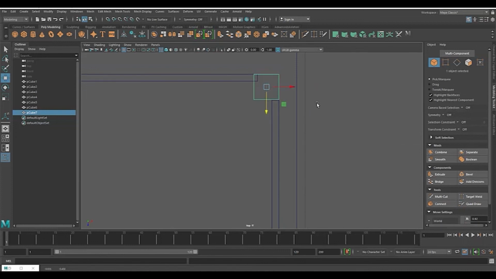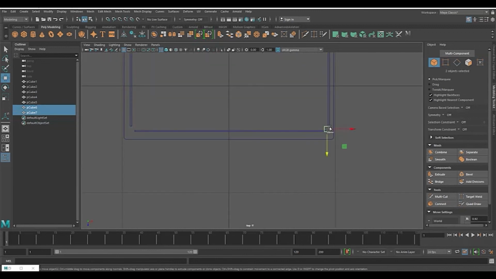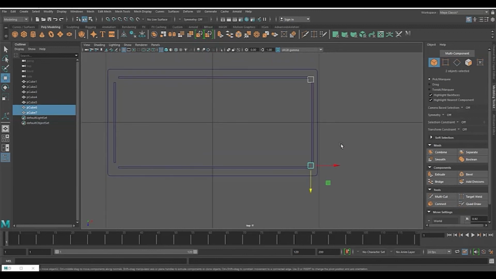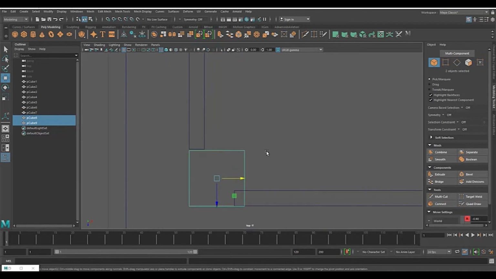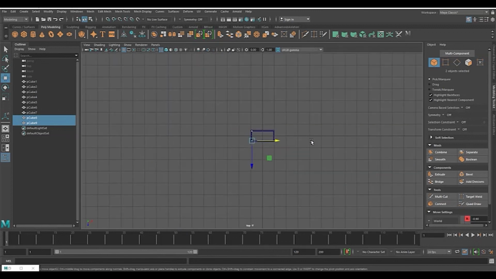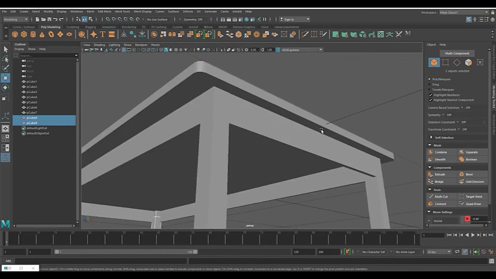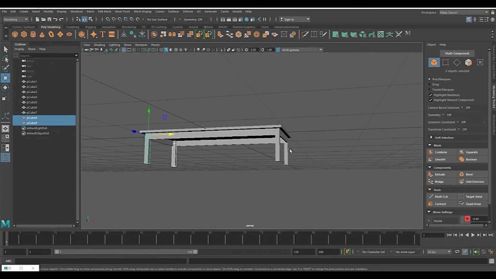Alright, I'll select these two, shift select this. You can see the two have been highlighted. I'll press duplicate again, take it to this other side. This is to have a perfect dimension. I'll take it here. I think that's fine. Now you can see our table is looking more like it, but I still think I would like to make it longer. So I'll shift select everything,